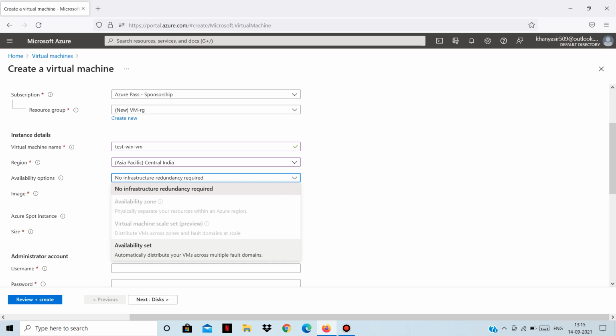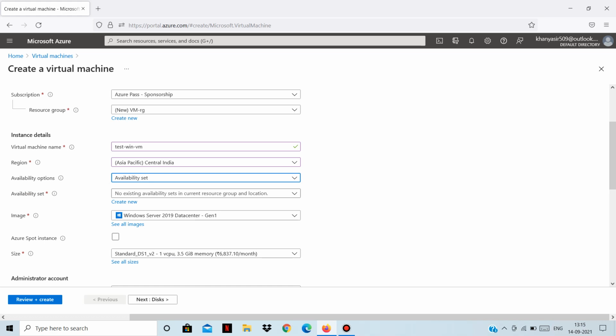So there are various ways in which we can improve our availability. One way is this availability set. Now what is this availability set? It is a logical feature, right? Used to ensure that a group of related VMs are deployed in such a way that they aren't all subject to a single point of failure. Means you will be deploying at least two or three or more virtual machines, okay, not just one. You can place them in an availability set. Currently I don't have an availability set, but you can place those virtual machines in an availability set,